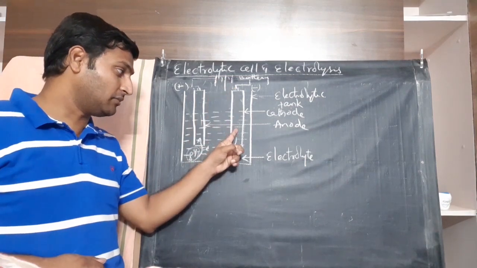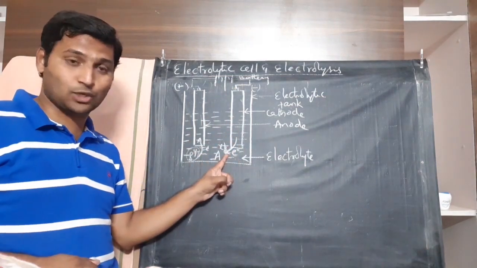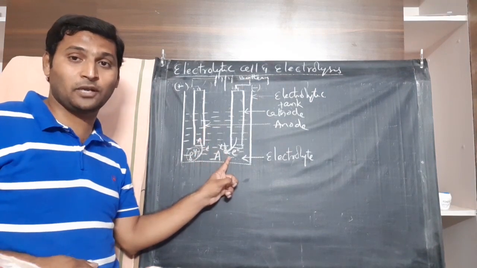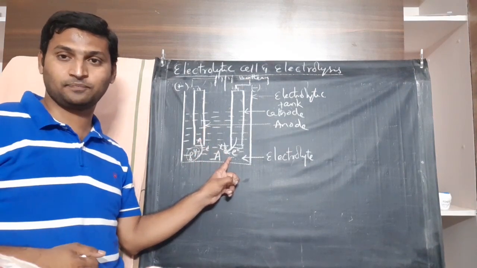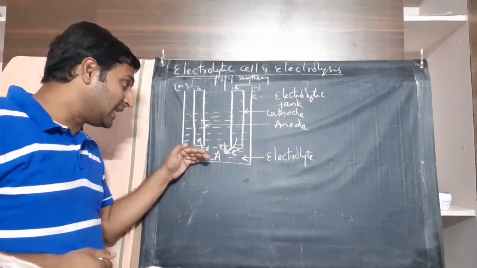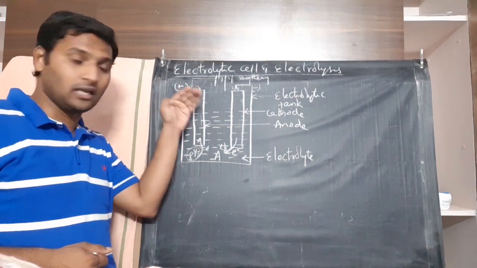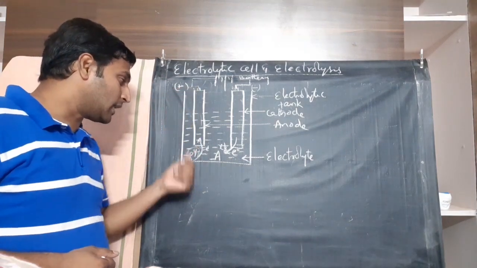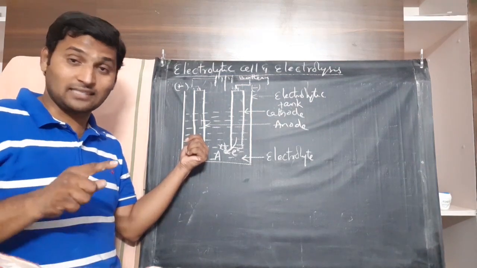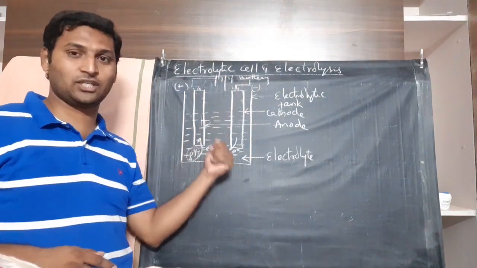Because it is connected to the negative terminal, electrons are supplied by this electrode. Because electrons are supplied by this electrode, reduction occurs at this electrode, because for reduction you need electrons. Because it is connected to the positive terminal, electrons are leaving through this electrode, and for electrons to escape from this electrode, the electrolyte has to lose electrons here. That's how the charge decides the reaction here.